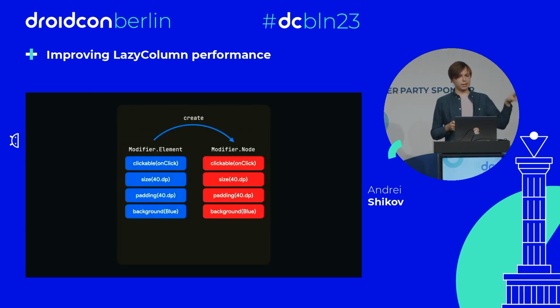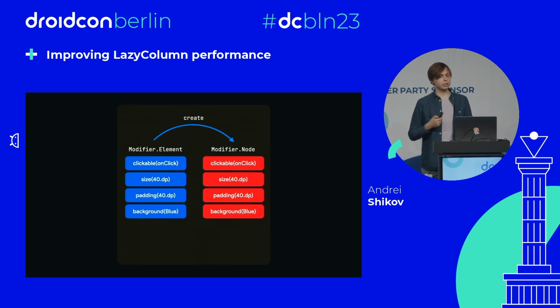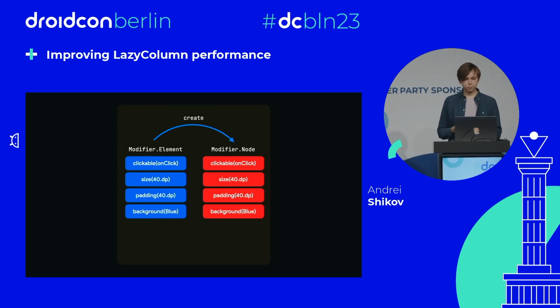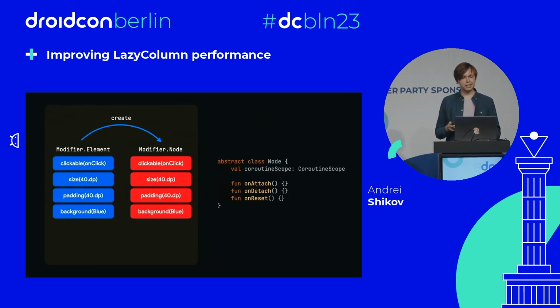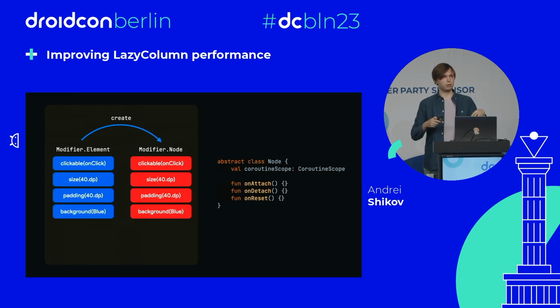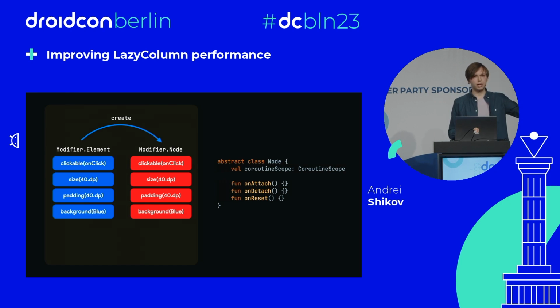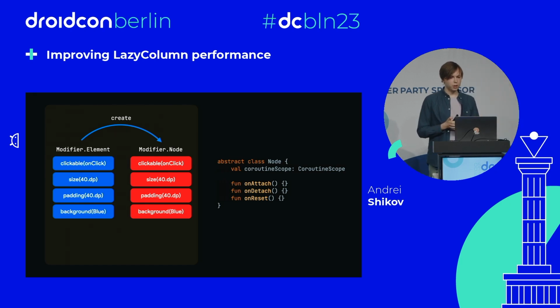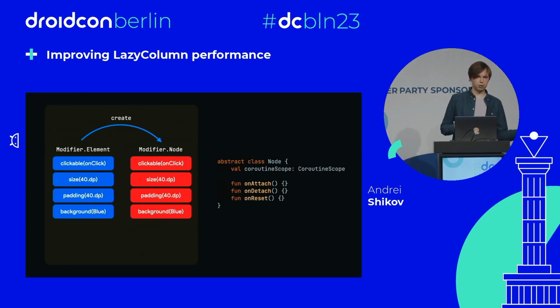Whenever a modifier element gets to a layout node, and the layout node is not initialized yet, we create a modifier node out of that. And Modifier.Node is a different beast that we didn't have before. It's basically a stateful object, kind of like a mini view. And it can launch different coroutines that will be scoped to the lifecycle of a particular modifier. Whenever you remove the modifier, this coroutine scope will be canceled. And it has attach, detach lifecycle, and also reset. We will talk about reset a bit later. And we have different types of modifier nodes: you have layout, you have draw, you have measure. Those can be used to implement basically everything that we used to implement with the usual modifiers,